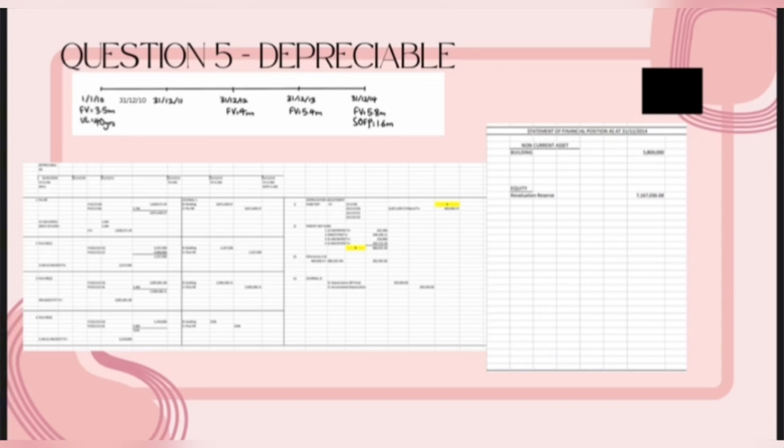For the statement of financial position as at 31 December 2014, under the non-current asset, we will have building as 5.8 million, and equity revaluation reserve, we will need to add all the RR in the credit side, and we will get the amount of